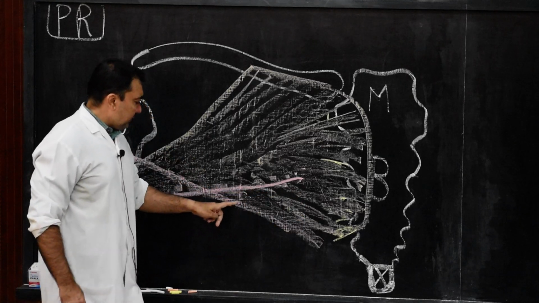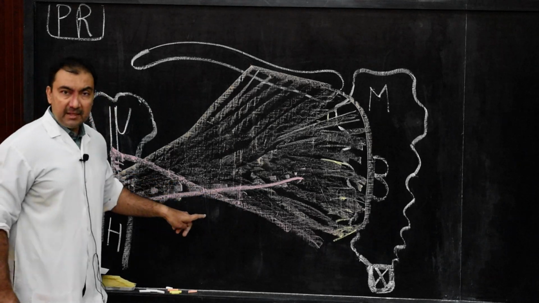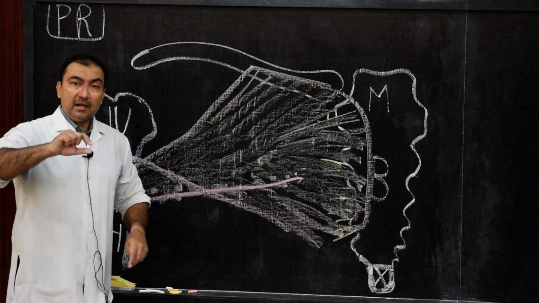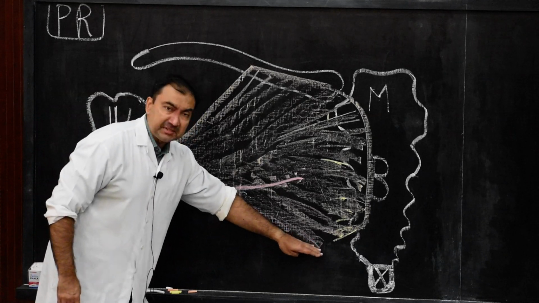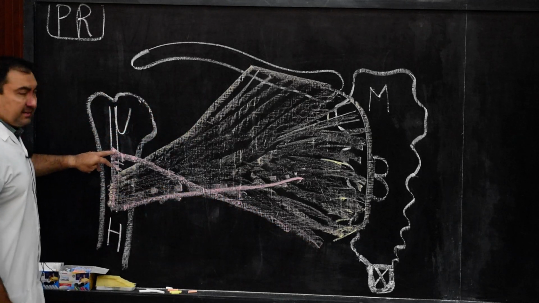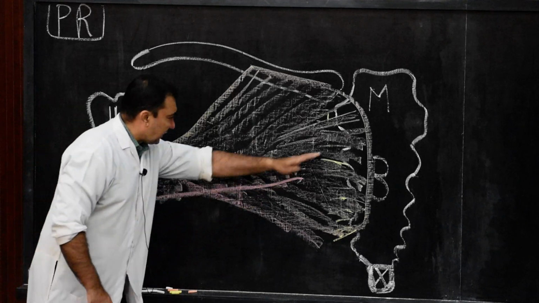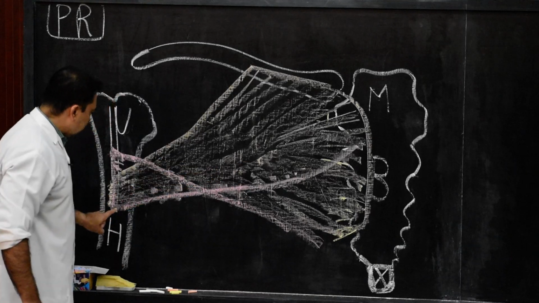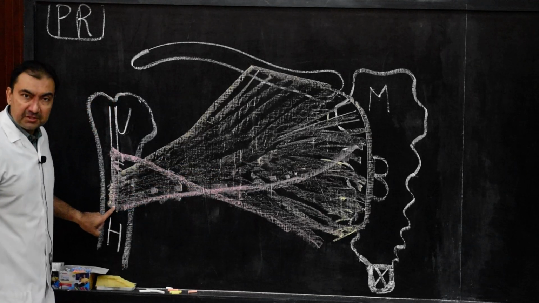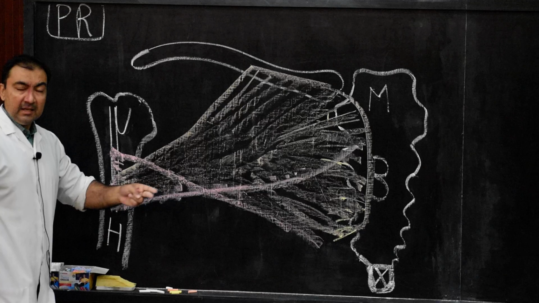Speciality of posterior lamina will be, as I have drawn in two different lines, it is twisted. How it is twisted? It is twisted in such a way that the fibers which are lowest in origin will be highest in insertion, and the fibers which are highest, coming from the highest level of origin, will be at the lowest level of insertion.